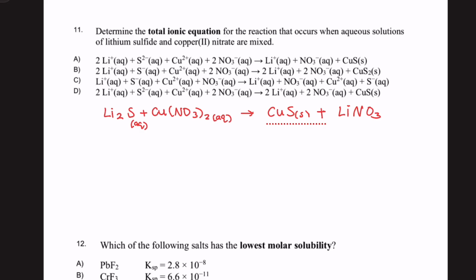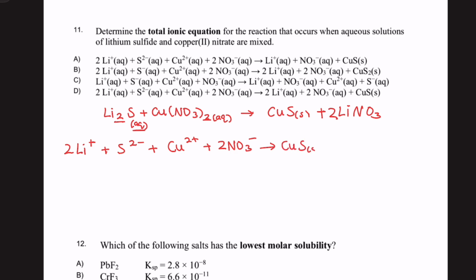And let's check to see if this equation is balanced. I need to add a 2 in front of the lithium nitrate. And now we are ready to break up our reaction into the ions. So we're going to break up only the ones that are in aqueous state. So lithium, it's a lithium plus ion, and I have 2, so I'm going to write 2 in front of that. Our sulfur is 2 minus, copper is 2 plus, my nitrate is NO3 minus, but then remember I have a 2 here, so I'm going to add 2 in front of that. The copper sulfide I'm keeping because it's a solid,